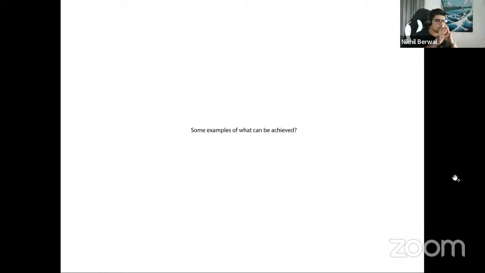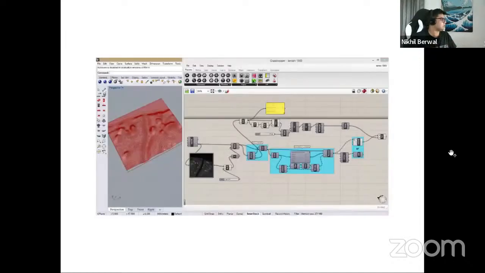So now, since we have gone through all the particular examples and historically how we have come to these data sets and these CSV files, we'll see some examples of what can actually be achieved through processing these data sets. First of all, the basic function that most of the architects and most of the students and a lot of